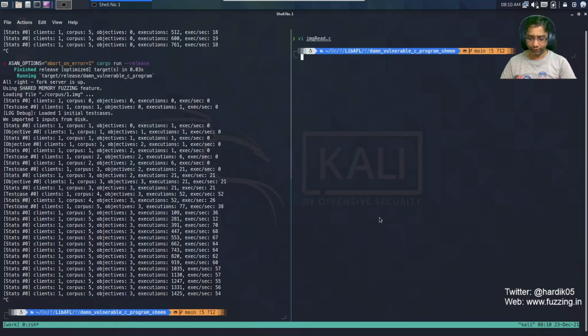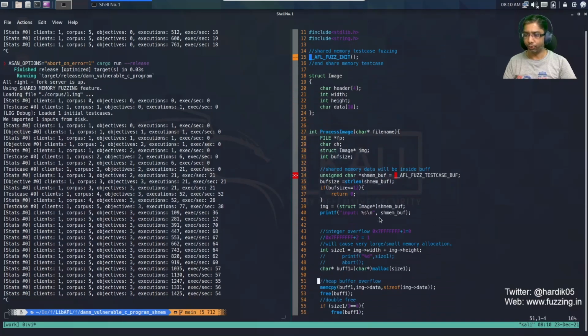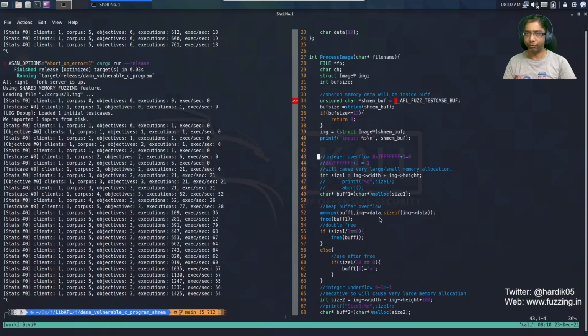And the only issue we will face over here, if you remember, is that since we have removed all the file handling code from our fuzzer, we are not reading the data from the file. The challenge is to replicate this crash. So for that, you can use our old fork server based fuzzer, or you can simply compile the imgread.c program.